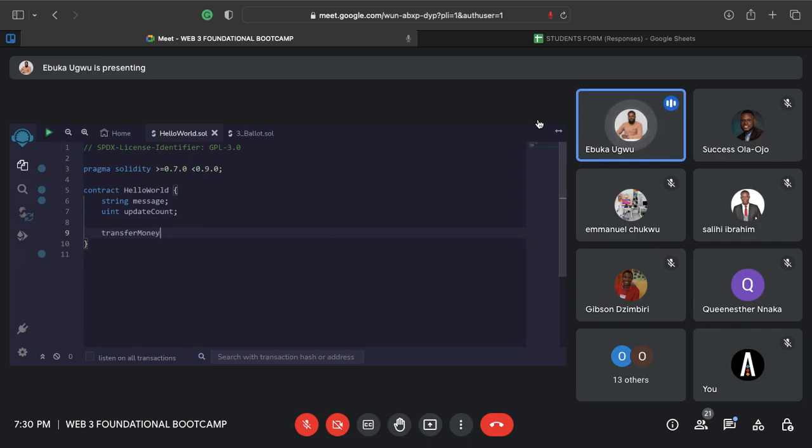How do we write functions in Solidity? Writing functions in Solidity essentially starts with the keyword function. I'm going to write out a simple function here that says function set message, for example, right? And set